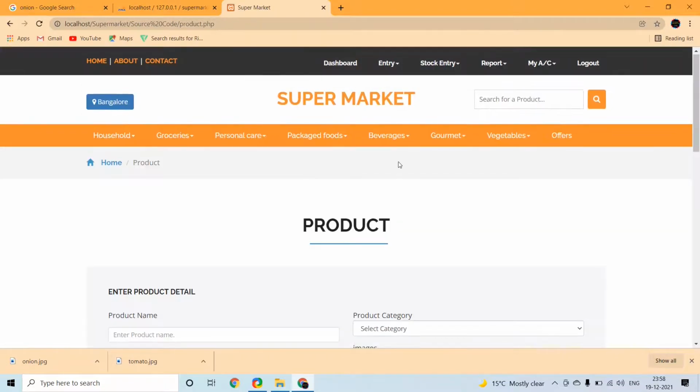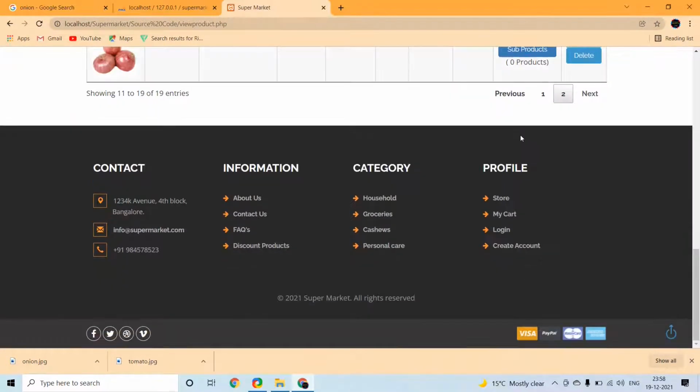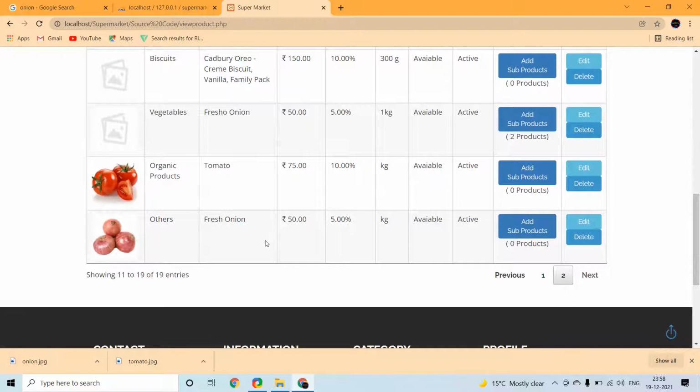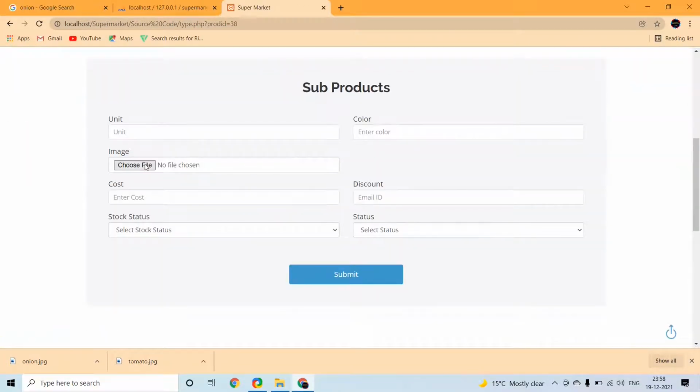Now we can view the product list, and here we can see onion and the tomato leaf. And in this product we can mention the units, 1 kg, 2 kg.